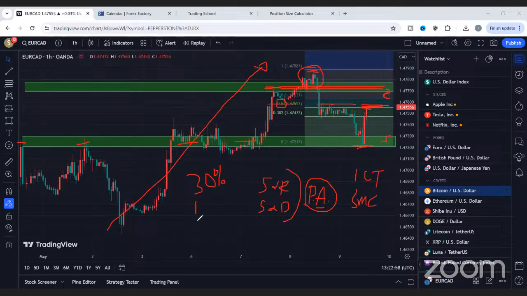A 30% success rate at a 1 to 5 risk to reward ratio, where 1 is your loss, 5 is your winners, is very good. Let's assume you place 10 trades. It means that 3 of them are winners, and each winner is at 5, so that will give you 15. And the remaining 7 that are losers are at 1, so that will give you minus 7. So 15 and minus 7 will give us 8. So that means that you're still in the positive because of your risk to reward ratio.